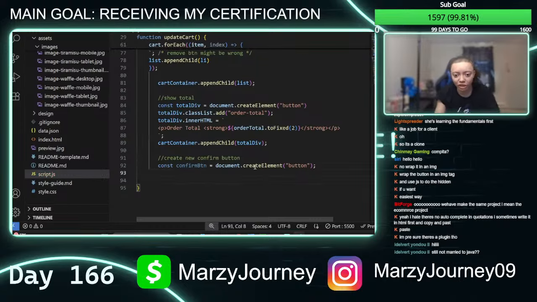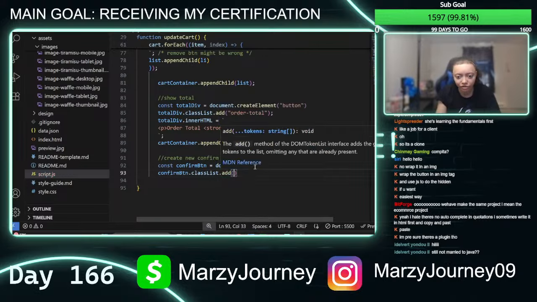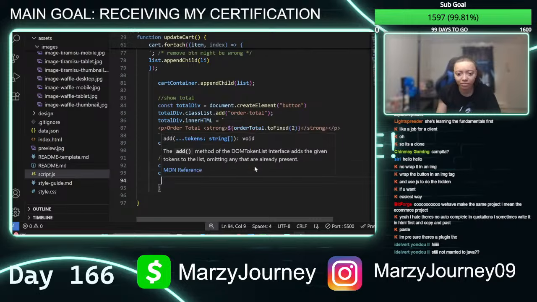So we've got confirm button, document.createElement, and then we need to do confirmButton.classList.add. Not too sure what to name it, we'll come back to that.